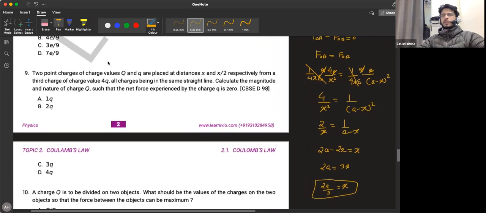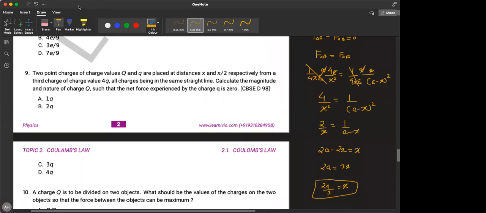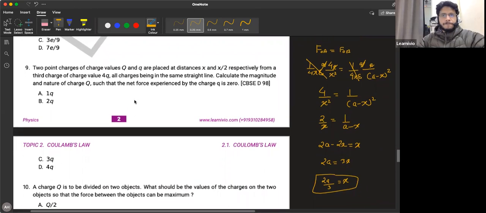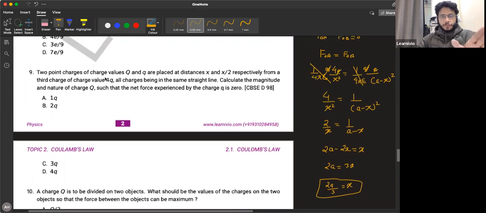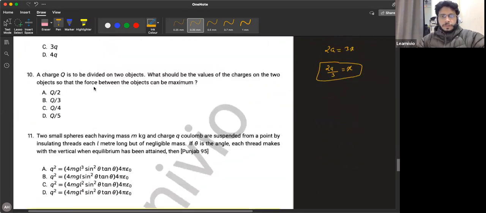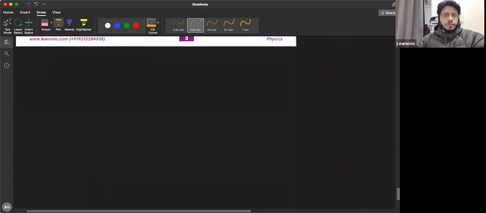If the solution of any question is not available in the assignment or the app, then what you can do is copy that question, paste it on Google, and you will find the solution everywhere. These are previous year's questions. The solutions are easily available. Okay, so that was one question. The next is